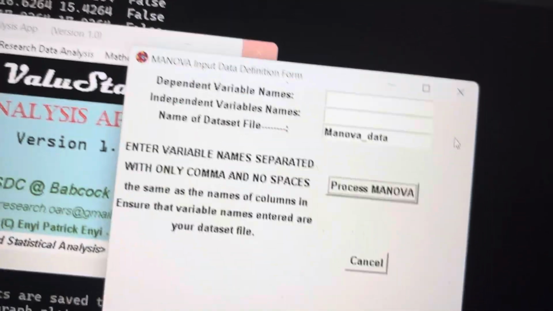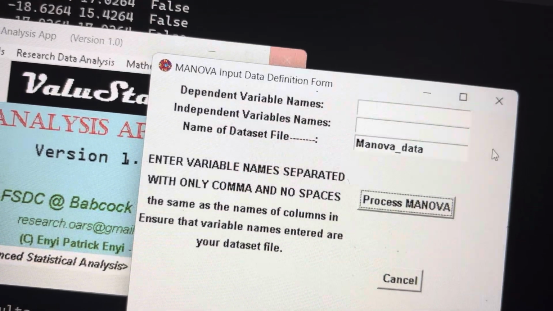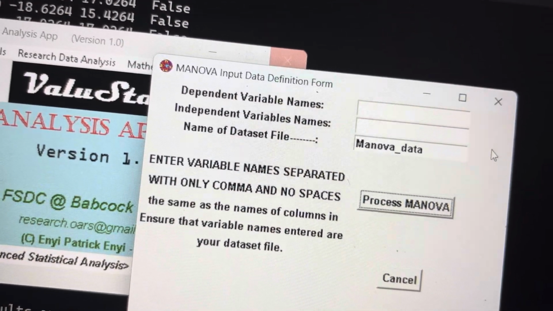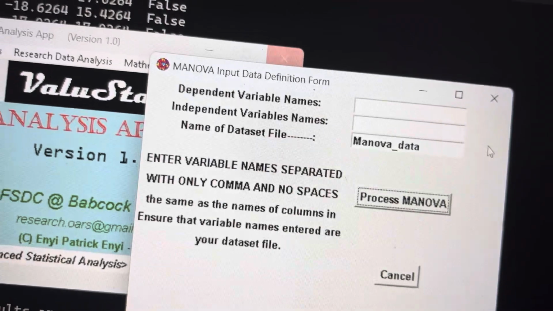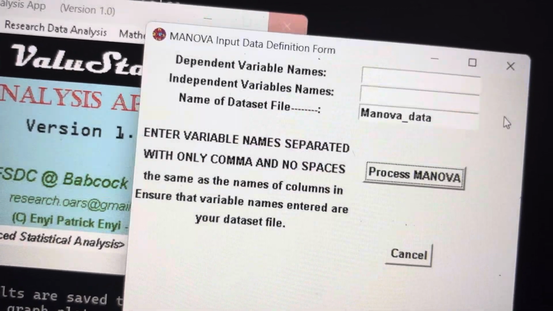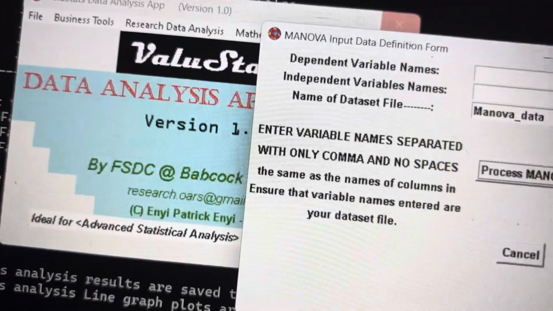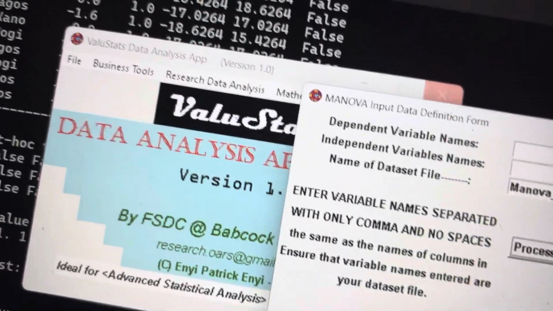And here, a dependent variable, wow. Let me see if I actually have